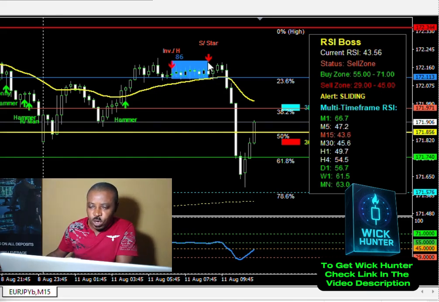Then at the close of our trading window, we got another wick rejection,